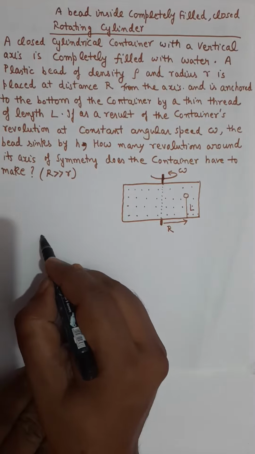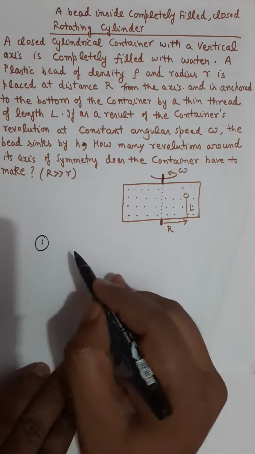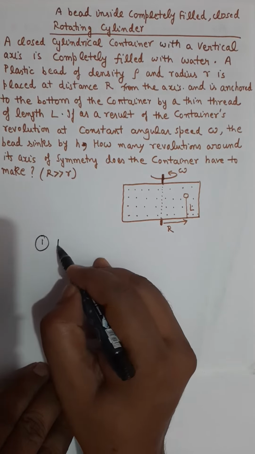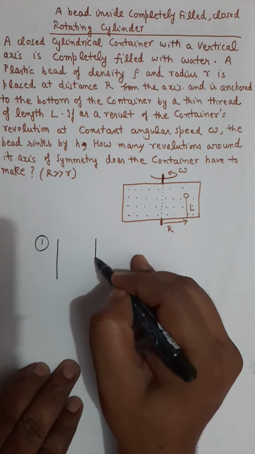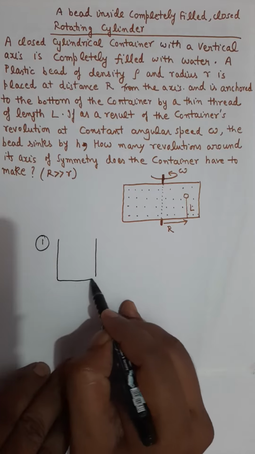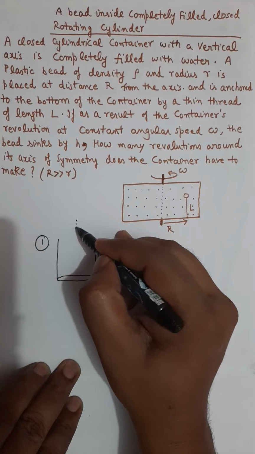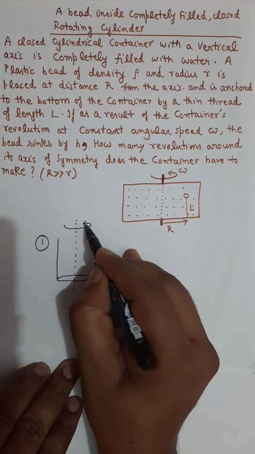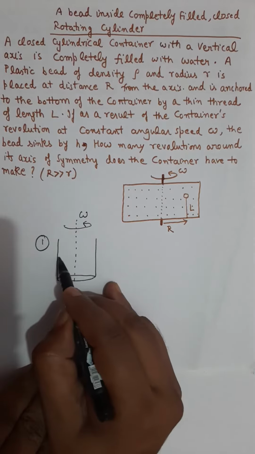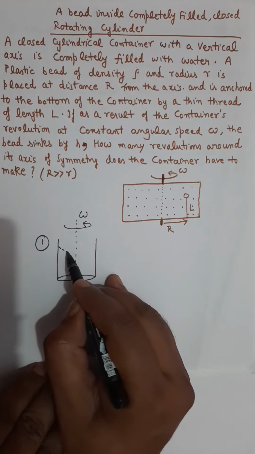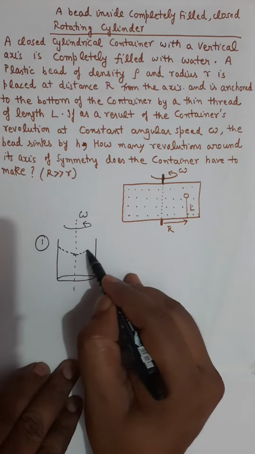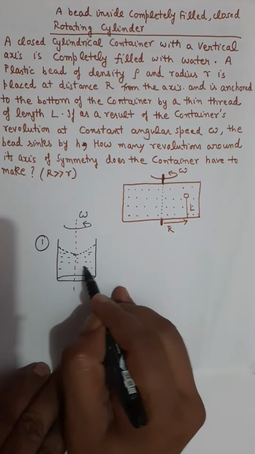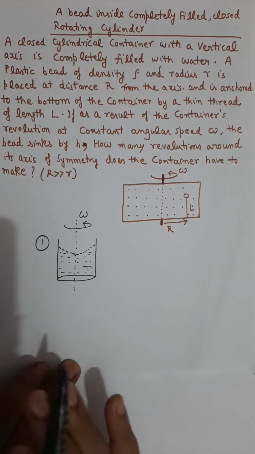That is the first concept which will be used in this particular question, the variation of pressure in this cylinder. We have done questions in our classroom where you have a rotating cylinder. If a cylinder rotates about its axis and it is filled by liquid, we have done these questions that the surface of the liquid becomes parabolic. So I'm not going to derive this result.